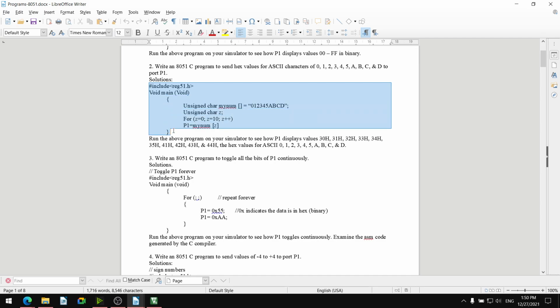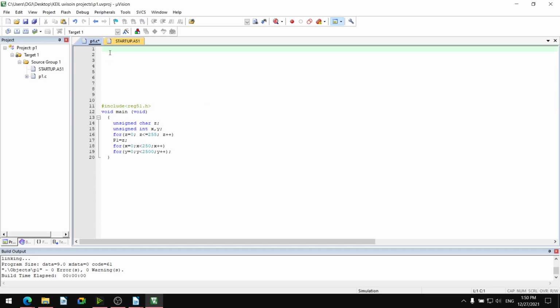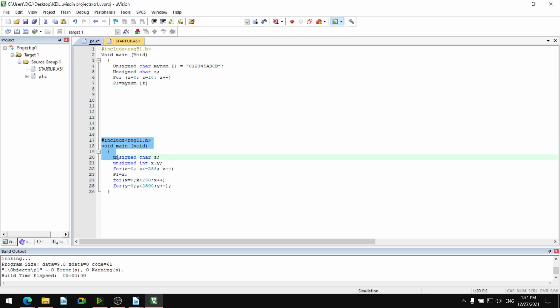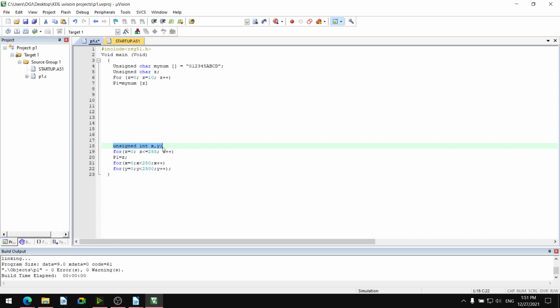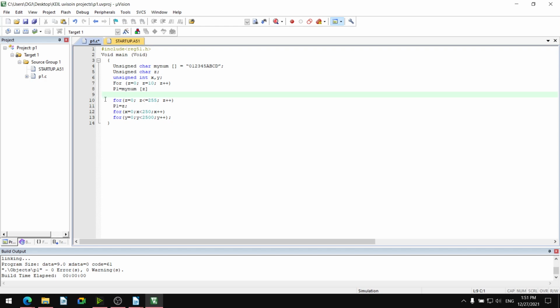So I will copy it, go to the program, then there will be delay, unsigned integer x, y will use, and we will have the delay for that.